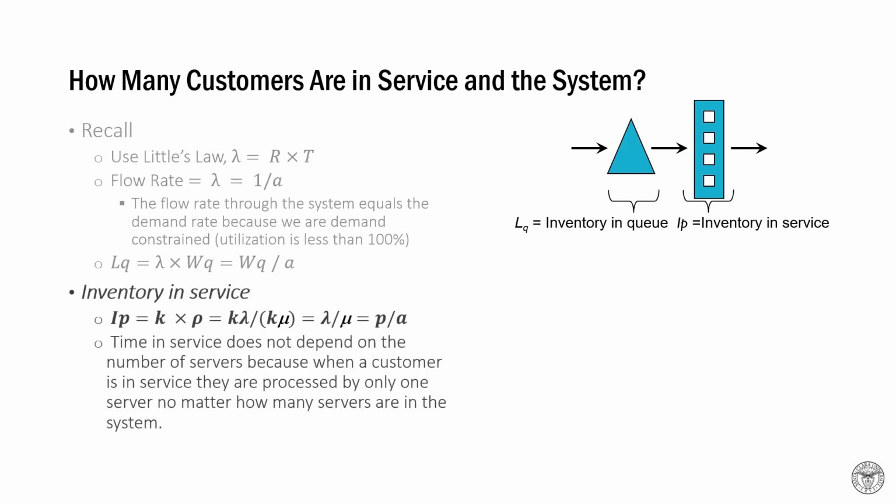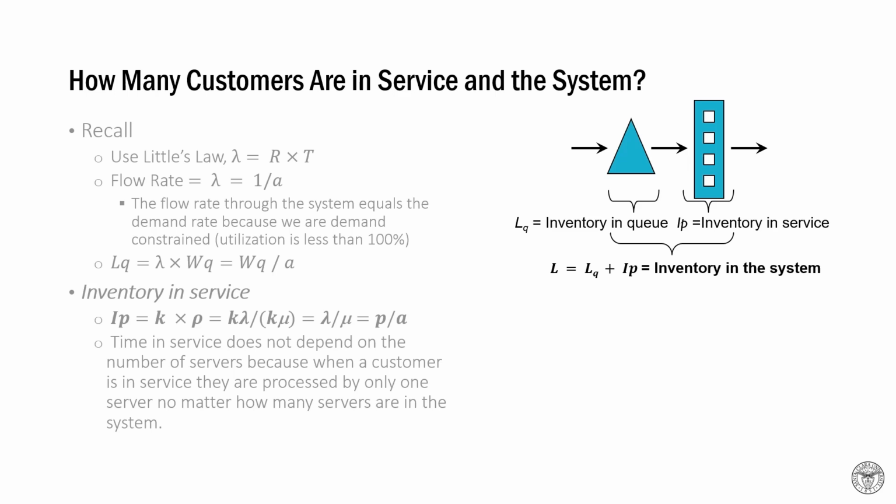The inventory in service, IP, can be found by multiplying the number of servers, K, by the utilization, rho, or equivalently, the average activity time, P, divided by the inter-arrival time, A. The time in service remains constant regardless of the number of servers, since only one server processes a customer at a time. The total inventory in the system, L, is the sum of the inventory in the queue and the